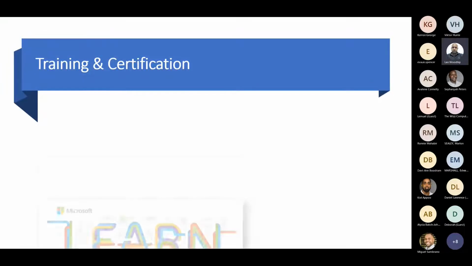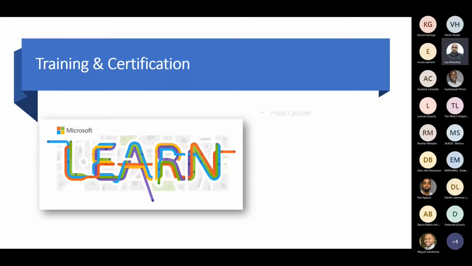Another tool we'd like to mention here is Microsoft Learn, which is completely free, online, available to anyone who has interest to learn about the Microsoft products. You can grow your skills, learn how to manage applications, how to build applications, how to build workloads in the cloud, how to build workloads on-prem, or even at the edge. Right? There are hands-on training labs. There are tons of documentation. Any documentation that we need to use that would validate a configuration, validate the requirements, you can find within the Microsoft Learn documentation repository.